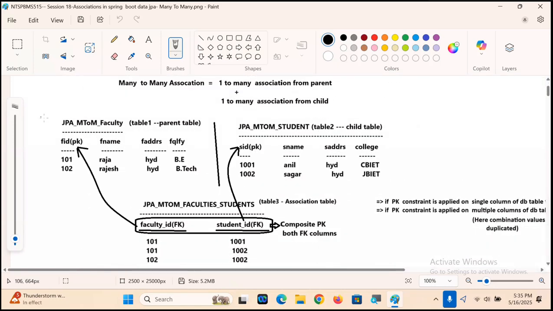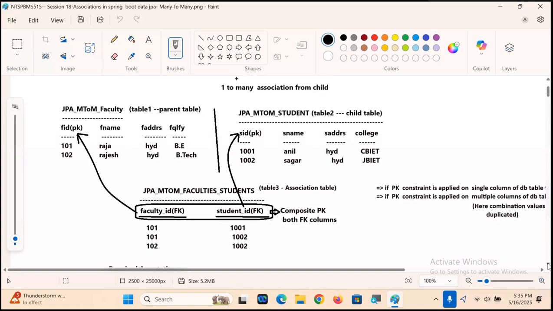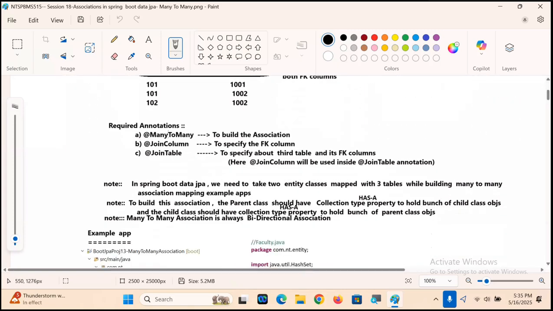I think you understood. Parent table records, child table records, and in the third table, the association is built. Entire magic is there. One faculty teaching 10 students: the faculty ID on one side, the student ID on the other side. 10 times 10 entries will come in the third table. Based on that combination, we build the third association. Required annotations to build many to many association are @ManyToMany,